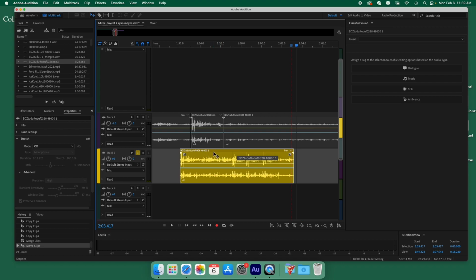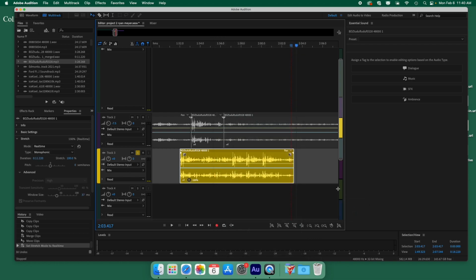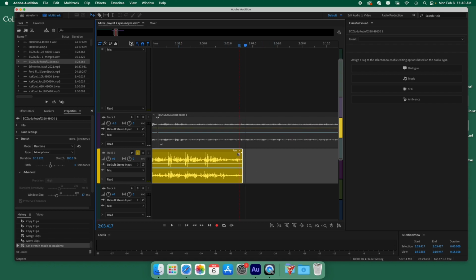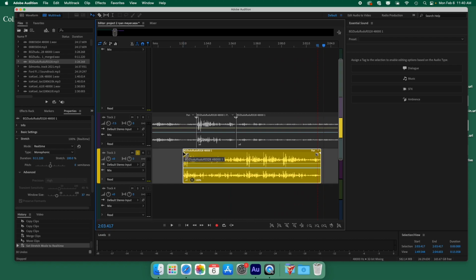So I'm selected on this clip. If I control click or right click, it brings up some menu options. And then I can go down to stretch and stretch mode and click on real time. So stretch mode, real time. And this little stopwatch appears at the bottom of the clip. And also on the corners, I have these little white triangles. If I put my cursor over the white triangles,